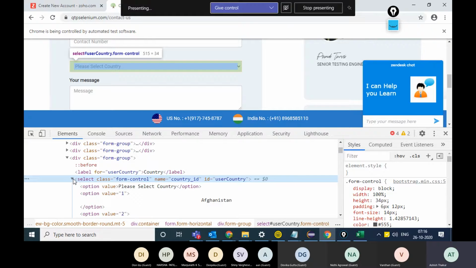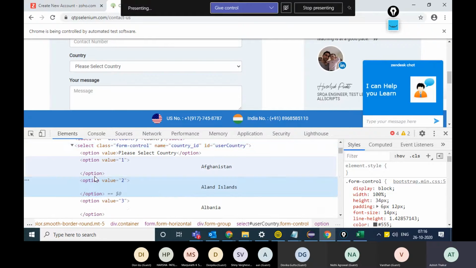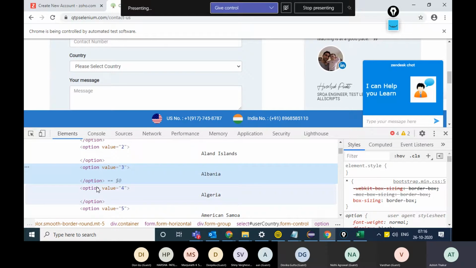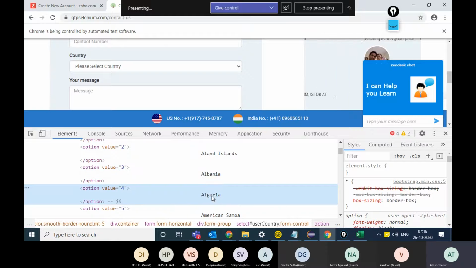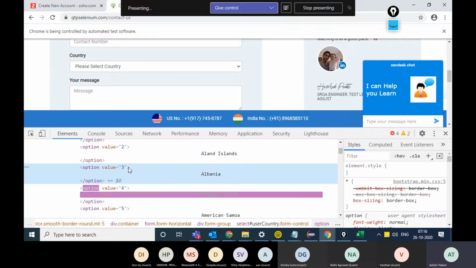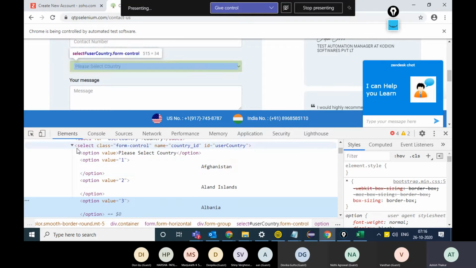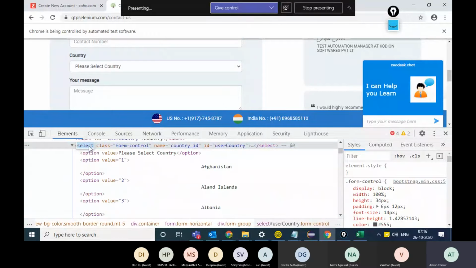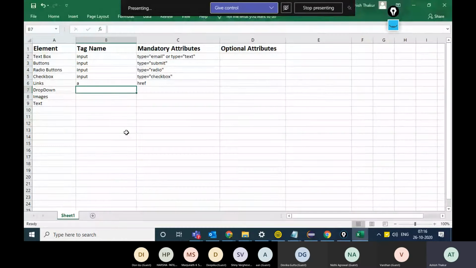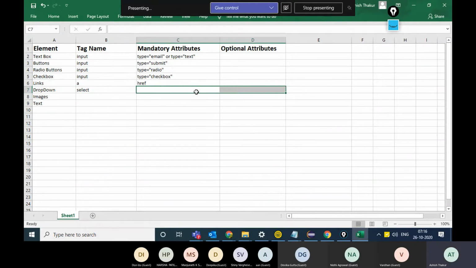Under the select tag, there are multiple option tags. Each option tag represents a particular option in the drop down. So this select tag is the tag name for drop down, but there are no mandatory or optional attributes for a drop down. You will not find them.